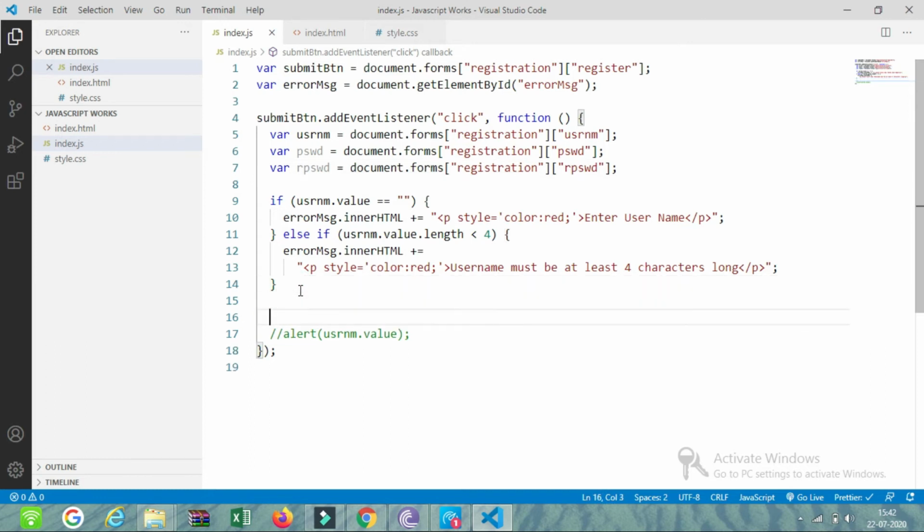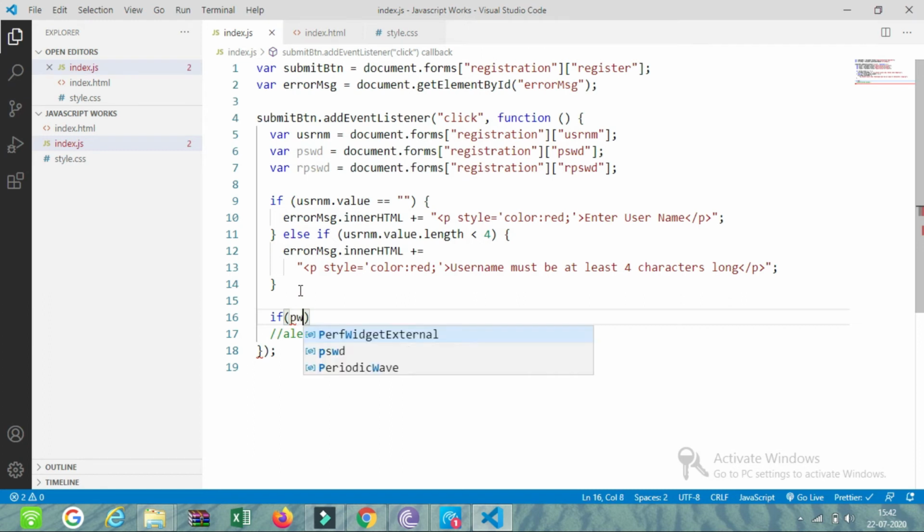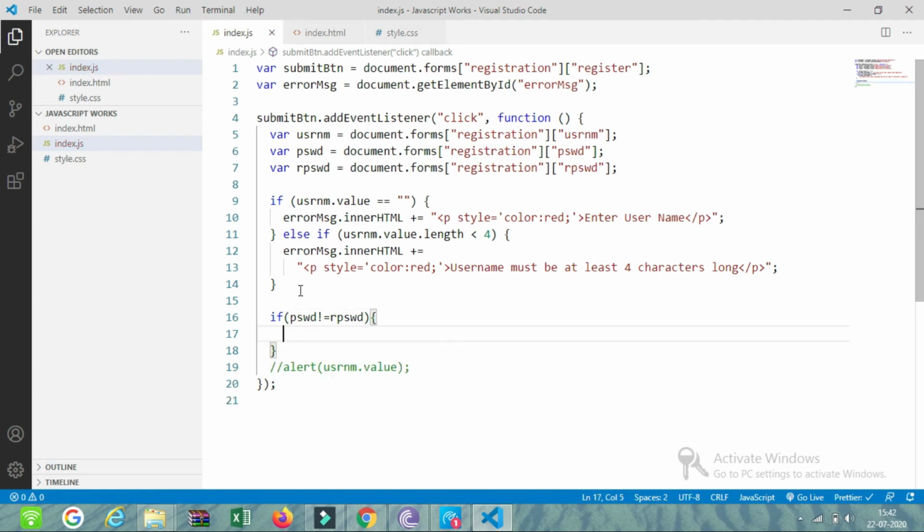I will check the condition here. The condition is like this: if PSWD not equal to RPSWD, that is, if both password and retype password are not the same, then we can just print an error message.